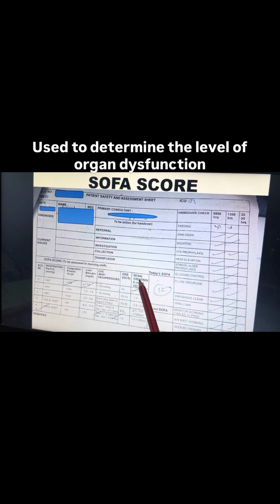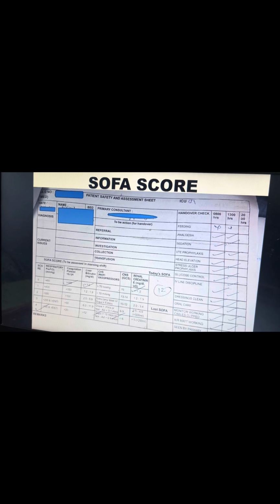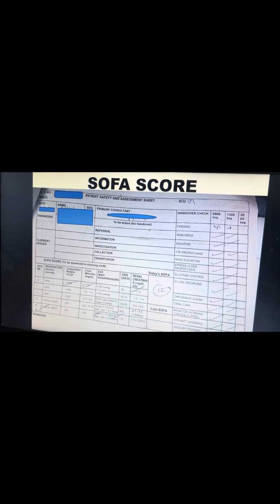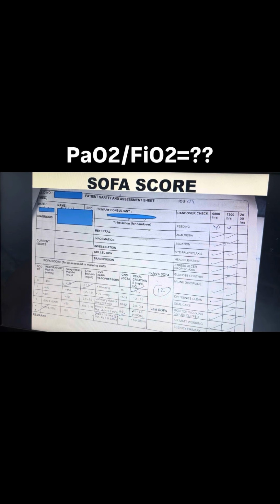and the renal functions. In central nervous system, we must know about the Glasgow Coma score, and in the cardiovascular system, we should know about the mean arterial pressure and whether the patient is on the vasopressors or not. So here basically the 6 organ systems are present, and in each system we score them between 0 to 4. For example, in the respiratory system we have to see the partial pressure of the arterial oxygen and the fraction